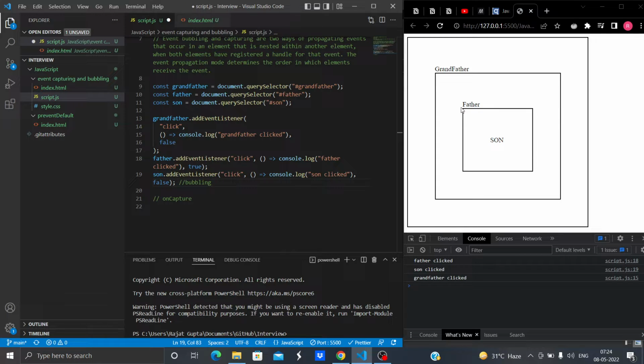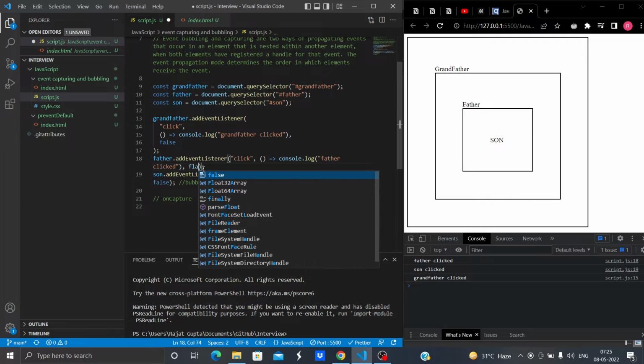Now it will come to father and it will say it was already executed, and moreover its on capture value is true, so it will skip this and come to grandfather, and grandfather finally will be executed because the value of on capture is false in the case of grandfather also.